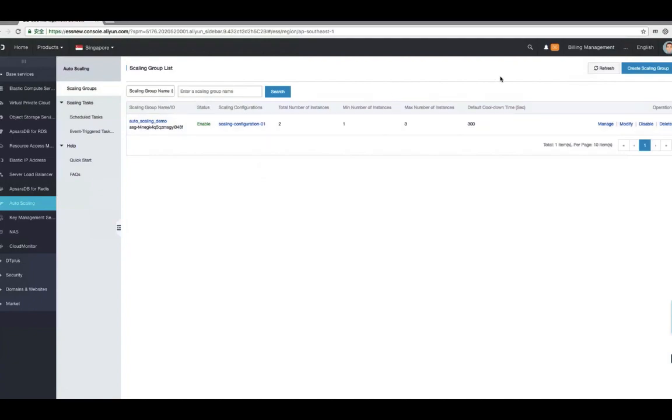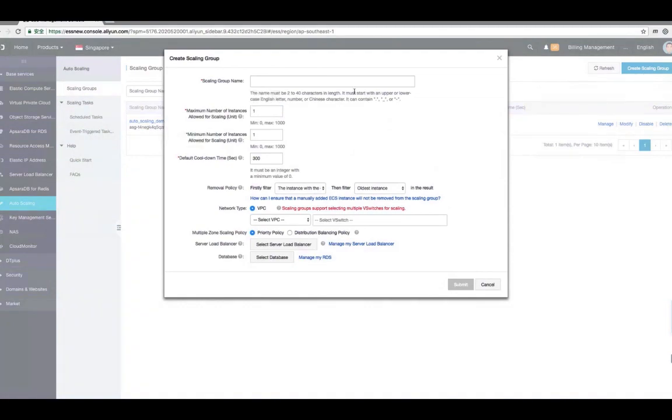Configuration. So let's create a new one. Click Create Scaling Group and enter the scaling group name, like scaling group 01. You need to enter the maximum number of instances allowed for the scaling, for example 3, for example 2,